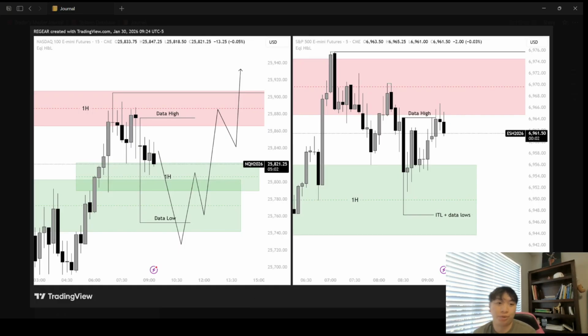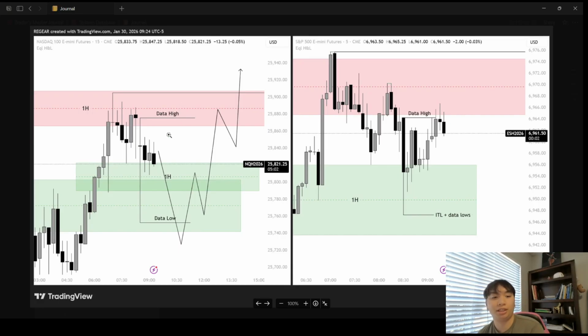So, coming to the day, I was in between conditions. We ended up sweeping into a bearish and a bullish hourly gap. Prior to this, we were already in this hourly, and then we ended up sweeping into another bearish hourly. So it's kind of like trading in between conditions. So what can we do here? We basically create a data high and data low wick based off of PPI at 8:30. So that was good. My condition was based on whether or not we swept this or that.